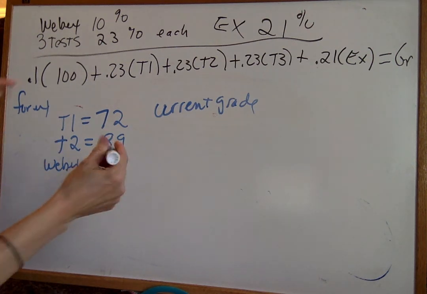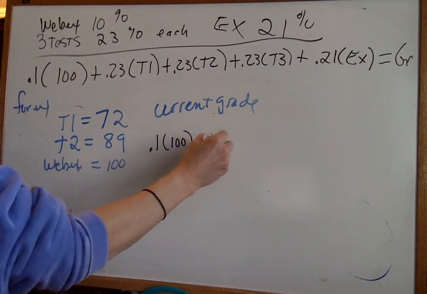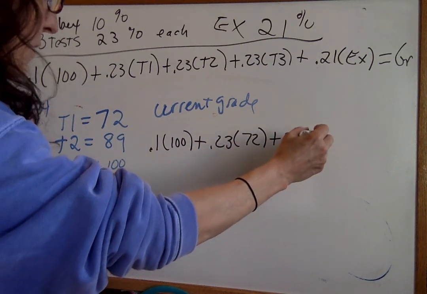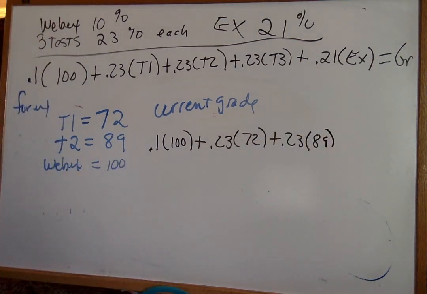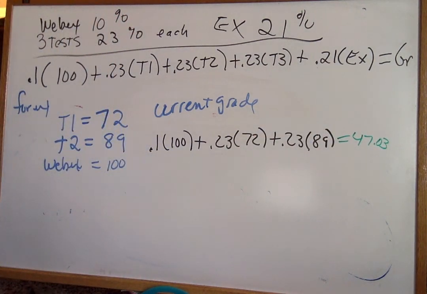All right. 0.1 times 100 plus 0.23 times 72 plus 0.23 times 89. Now this is where I start to take emails. Students do that part. Well, let's do that part first. Let me show you the emails I take. That gives you 47.03. And students start emailing me saying,